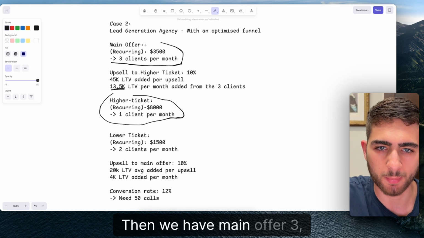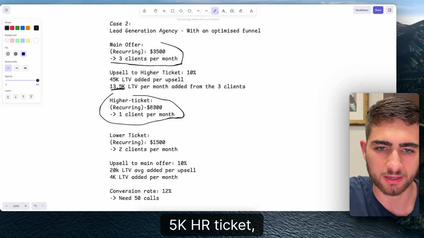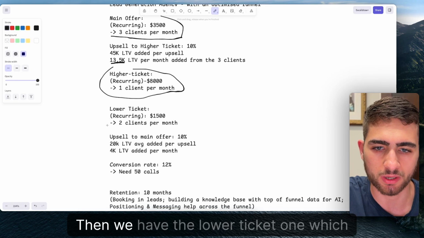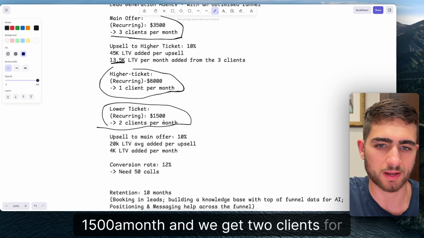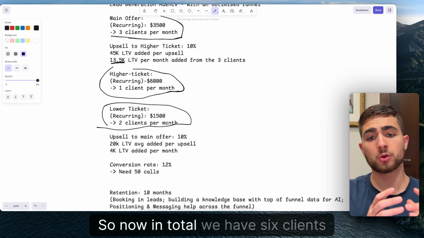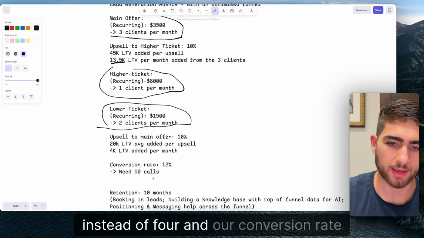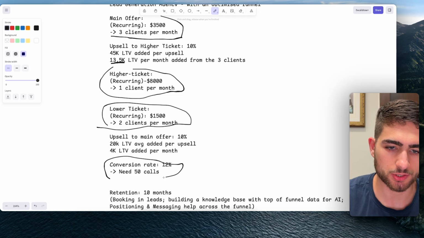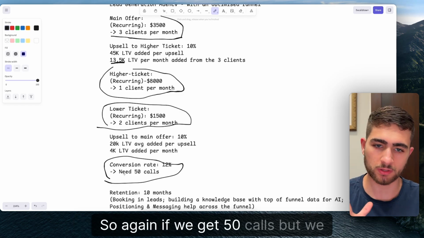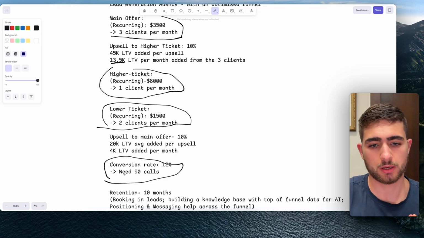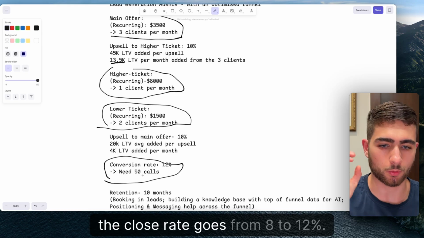Then we have the main offer, 3.5K, the higher ticket, 8K, 1 client per month. Then we have the lower ticket one, which is 1,500 a month, and we get 2 clients for that. So now in total, we have 6 clients instead of 4, and our conversion rate is 12% with the same number of calls. So again, if we get 50 calls, but we convert 2 more people, the close rate goes from 8 to